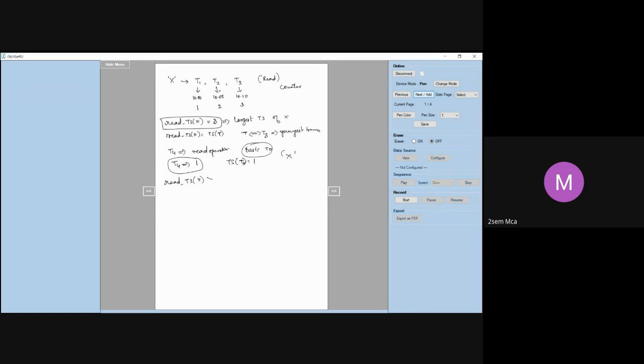Read TS of X, if it is greater than TS of T4. This is 3, this is greater than 1. So this particular transaction will be aborted. Why? Because a more recent transaction has already done this. T3 means it has come much later than this particular T4. Let us say T4 came somewhere here only, somewhere at this point.